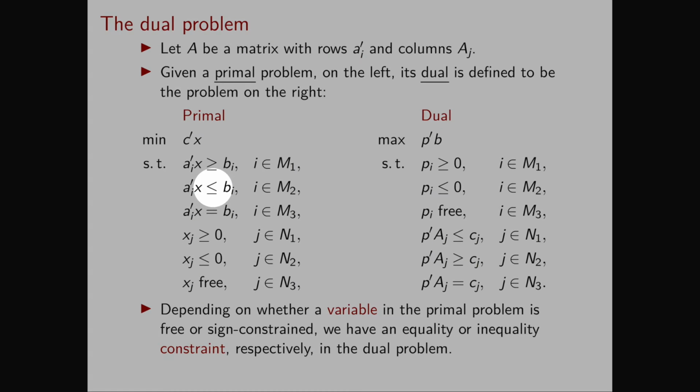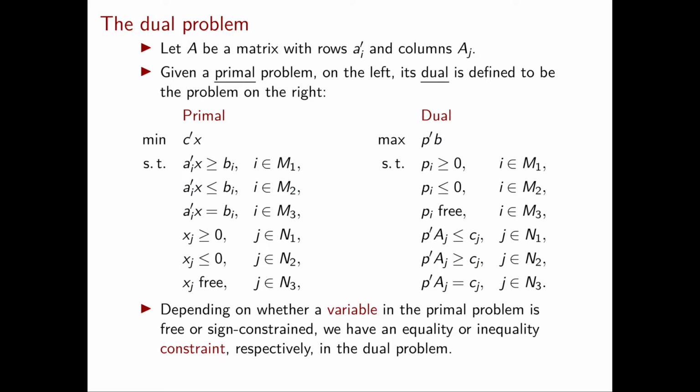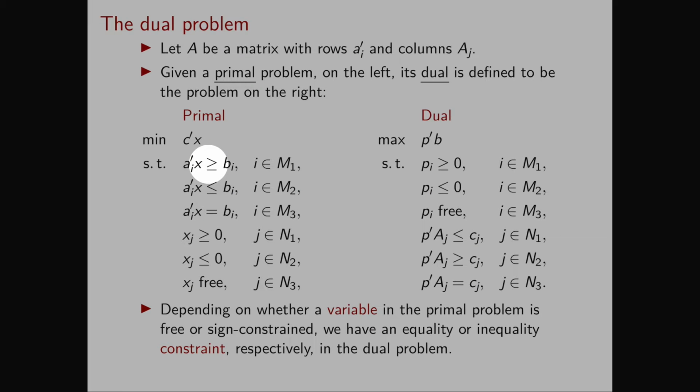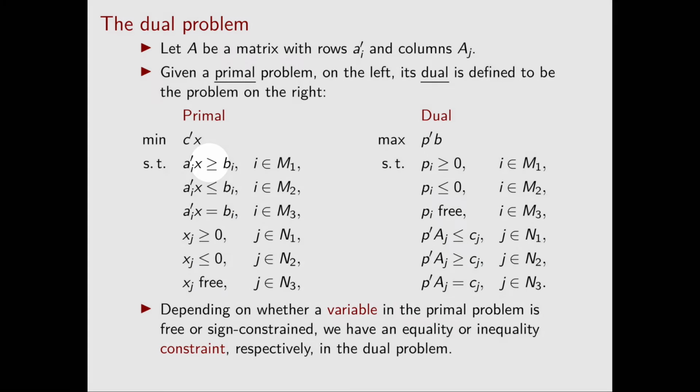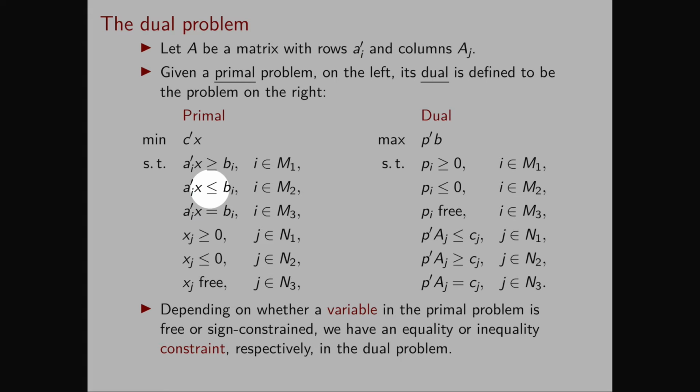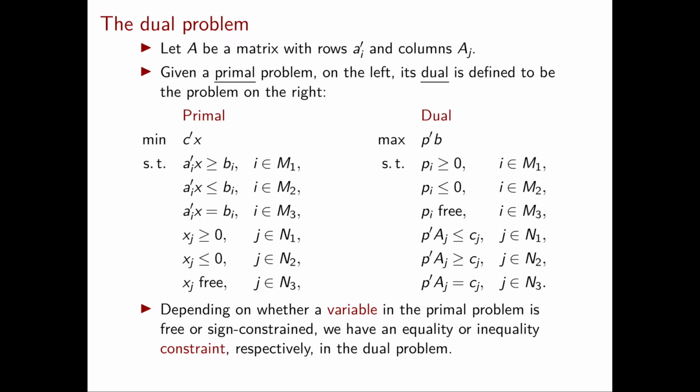For every inequality constraint of the form less than or equal to in the primal, in the dual we introduce a non-positive variable. The reason we do this is intuitively clear. In fact, for the inequalities of the form greater than or equal to, we introduce non-negative variables so that if we multiply the inequality by the dual variable, the inequality remains of the form greater than or equal to. On the other hand, if the inequality is of the form less than or equal to, we want to multiply it by a dual variable that is negative, because then the inequality sign flips, and so these two types of inequalities can be summed together, and we still obtain an inequality of the form greater than or equal to.